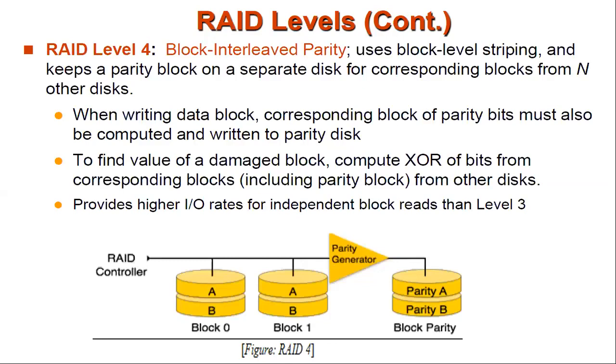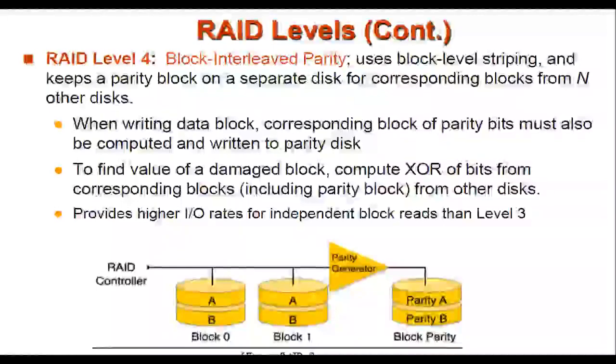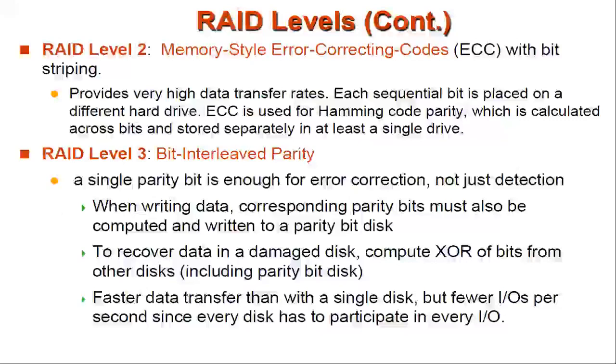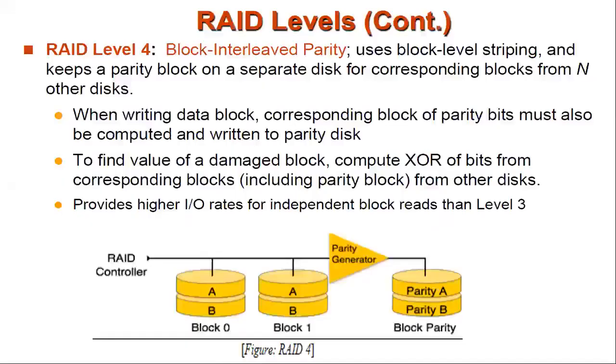It is a small modification of the previous one, the bit interleaved parity. The same idea. Okay, there are no changes here. So instead of using bit values, you are going to use the block interleaved parity. Okay, so whatever concept we just discussed, the same thing you are going to repeat here, right? Like in RAID level 3, you have used the bit level concept, and the same thing you are going to use here in RAID level 4 as a block interleaved parity.